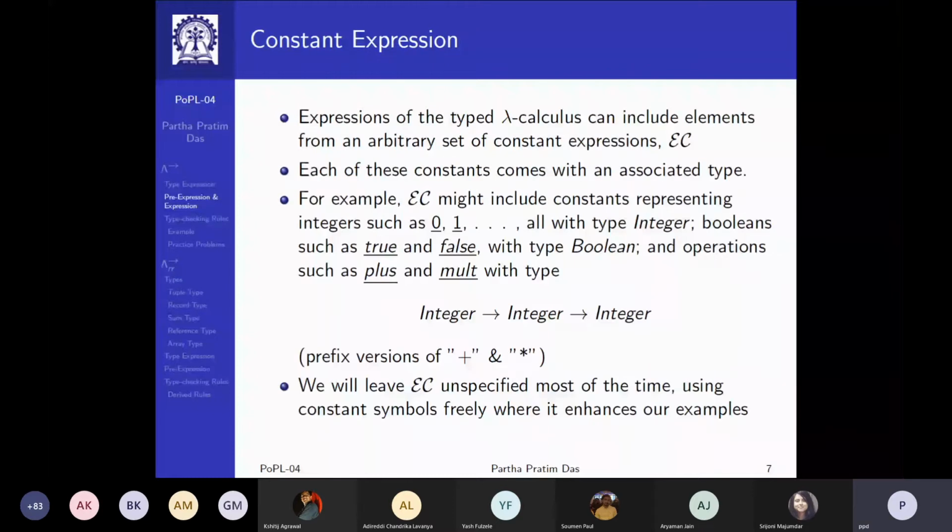Now, the expressions of the type lambda calculus can include elements from an arbitrary set of constant expressions. We allow constant expressions also. We have seen in earlier lambda calculus also. So it may include constants of type integer. So we have assumed type constants. Integer is a type constant. Boolean is a type constant. So along with that, we